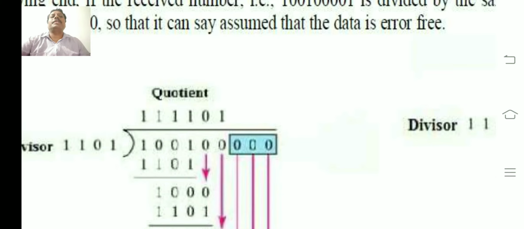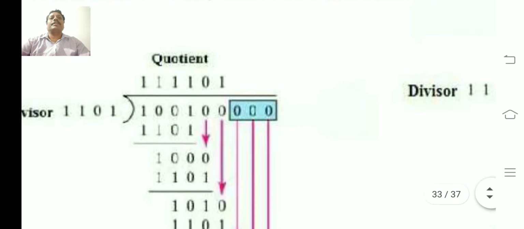Already we have 6 bits of data and 3 bits of zeros were added, total 9 bits, which become the dividend, and the 4 bits are the divisor. So now we have to divide this dividend by the 4-bit divisor.